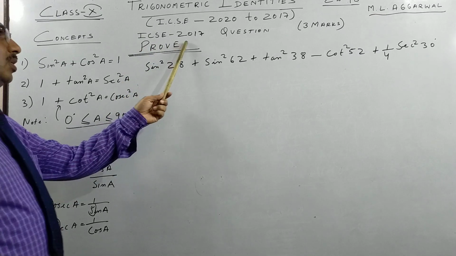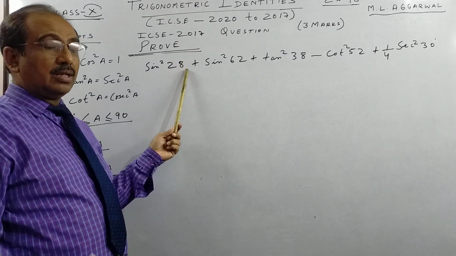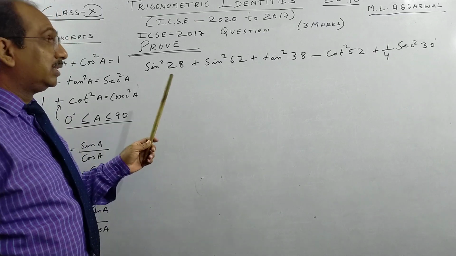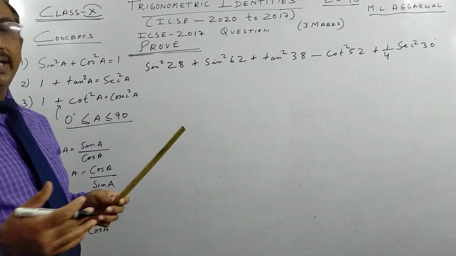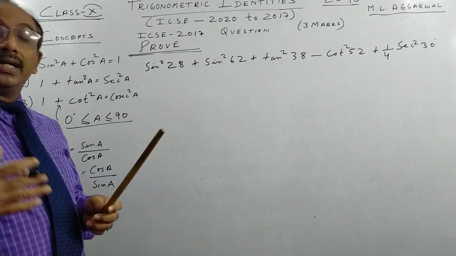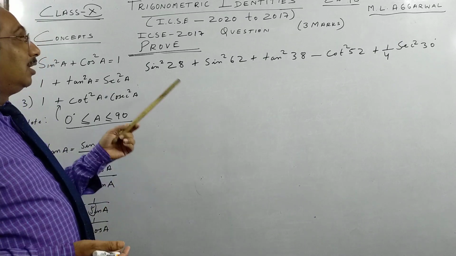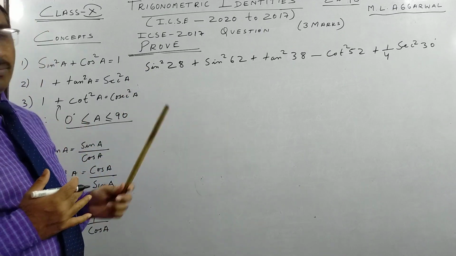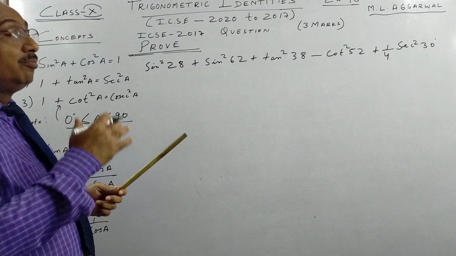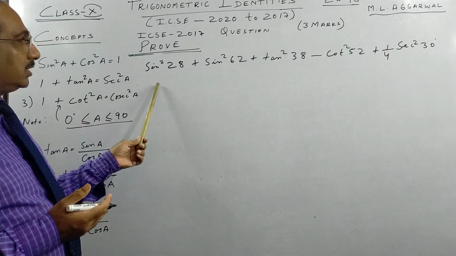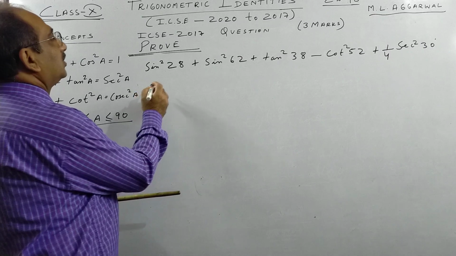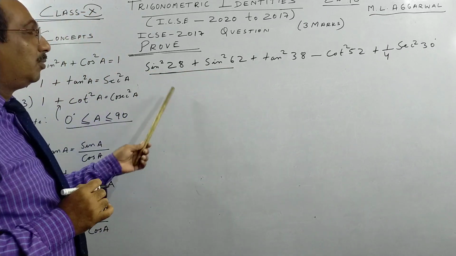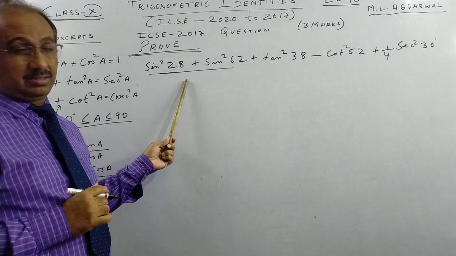Next we go to year 2017. We have 2 questions. Here you will see, children, there are 2 questions, one in section A and one in section B. And as I was telling you, if you see any textbook, some questions are very easy. At the end of the chapter you get very hard questions, but generally I start the chapter with ICSE because they are right for your level, because this chapter is there in class 11 also, but it is a harder one you have to do. So ICSE questions are very standard questions. So here if you see, in class 9 you have studied about something called complementary angles.